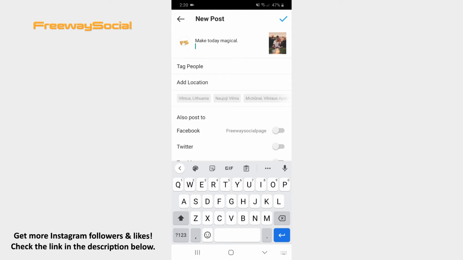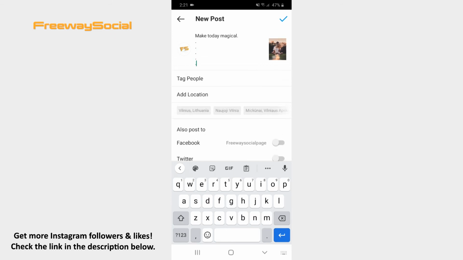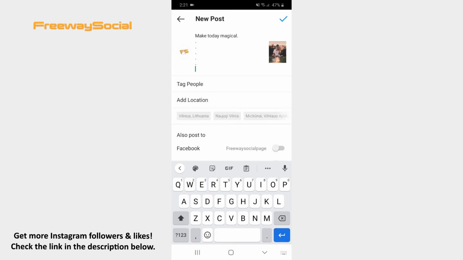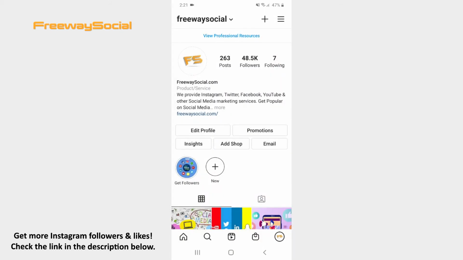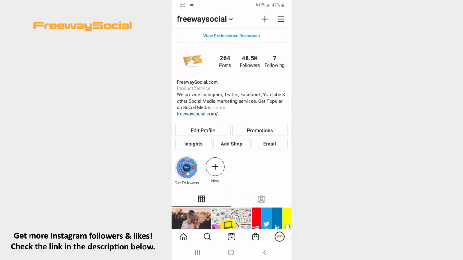After that, put 5 dots, as each dot should be on a separate line, so press the return button every time you put a dot. Add all your hashtags below the last dot. That's it. In this case, Instagram will only show the first few lines of your post caption, so your hashtags will be hidden. I hope this guide was helpful and you were able to make hashtags invisible in descriptions of Instagram posts.